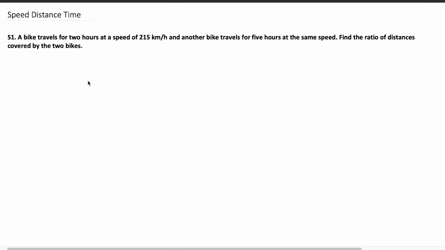So the next topic we are going to discuss is speed, distance and time. This is a very important topic. Multiple questions will be asked for the exam. And obviously the equation that you have to learn is speed is equal to distance by time. You will be solving almost all the questions with this equation, but it will be applied in different manner in